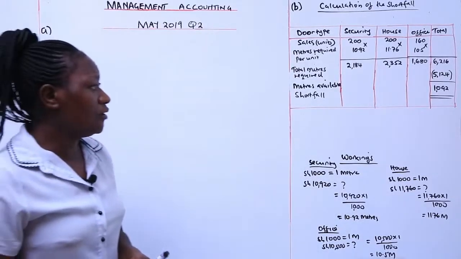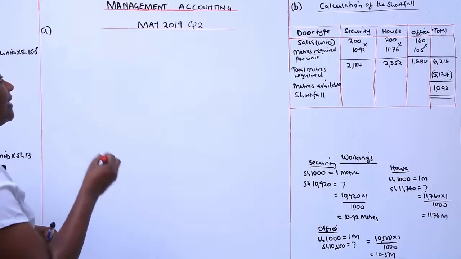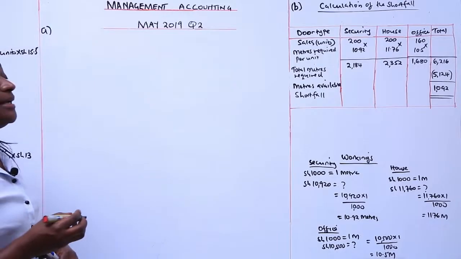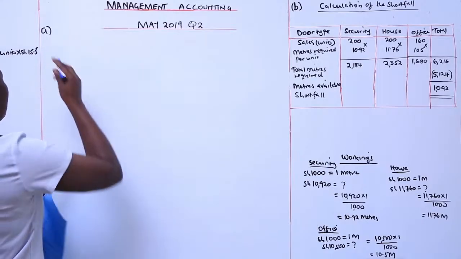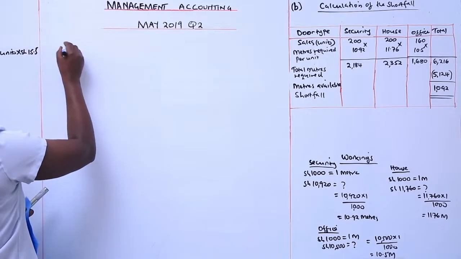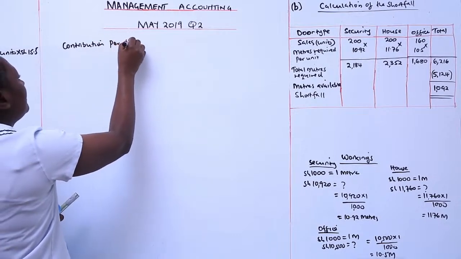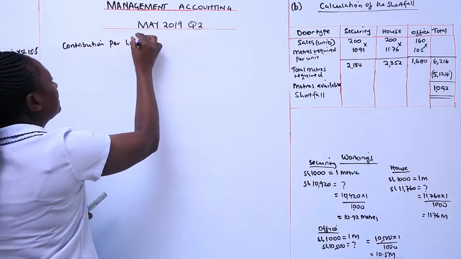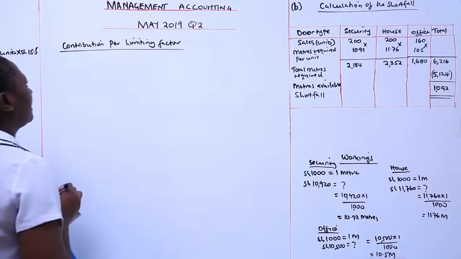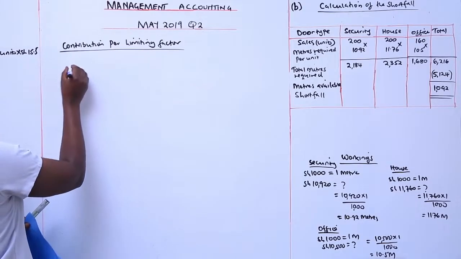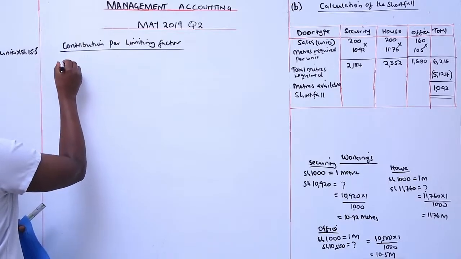So that's the shortfall. After determining the shortfall, we are now moving on to calculate the contribution per limiting factor. This is part B, contribution per limiting factor. So to calculate contribution per limiting factor, this equals